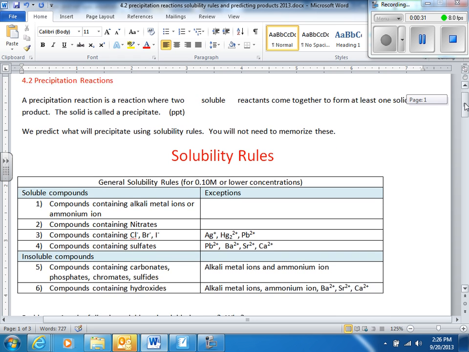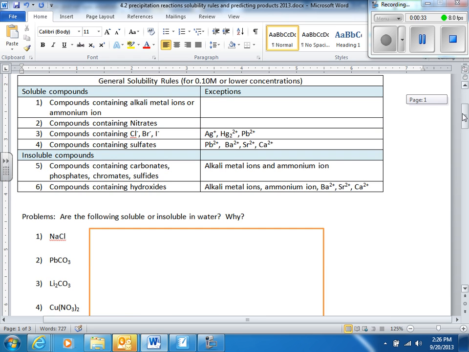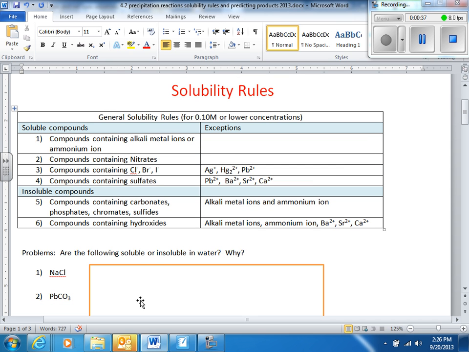need to memorize these. You should be very pleased about that. You'll get to have this chart for exams. So let's just learn how to use this chart. We'll just do this with problems. So here are your facts, and now we want to find out, are the following soluble or insoluble in water, and